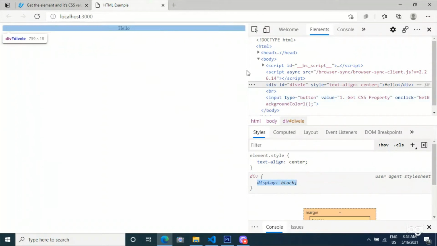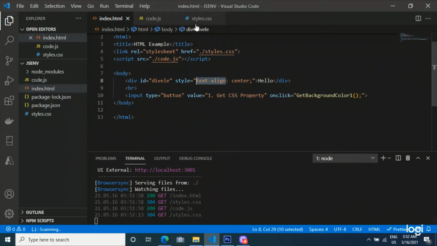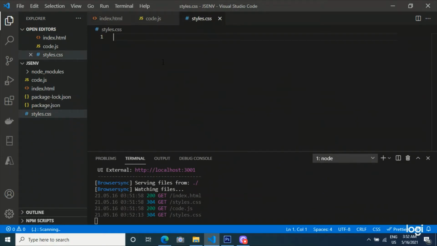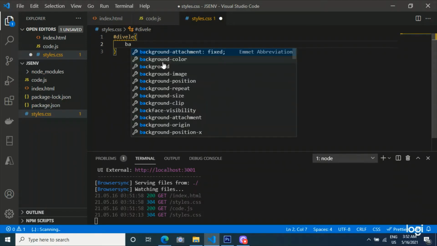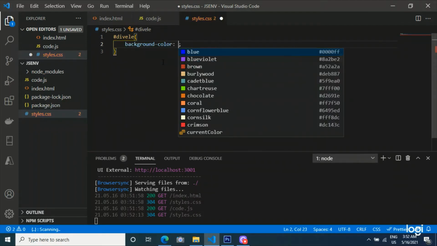So for our clarity, I will define one more style here, with the id selector, div, background color blue.